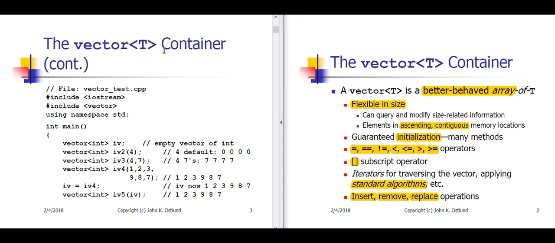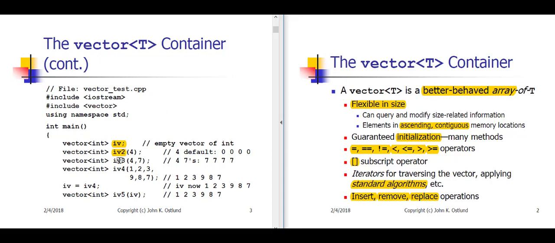Here we've included iostream as usual. We've also included vector, which we need for the vector container class. And we're showing here a variety of constructions of vector objects. First, iv is a vector of int, which is initially empty. iv2 is a vector of int. Notice that we've given an integer in parentheses. That invokes a constructor that builds a vector of that length. And here we're getting the default value, which is 0 for ints, for each of the elements in that vector